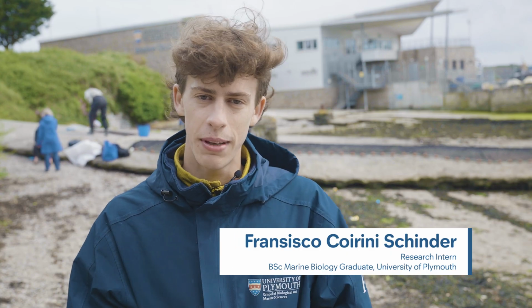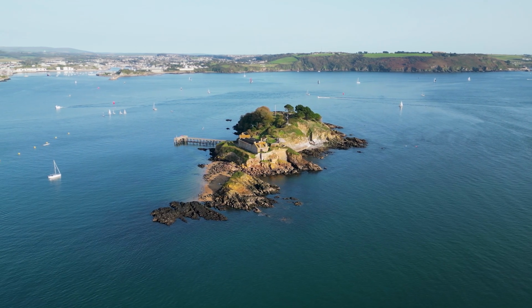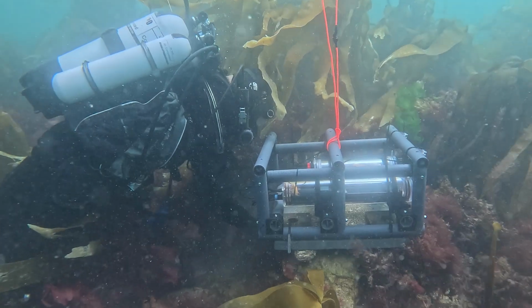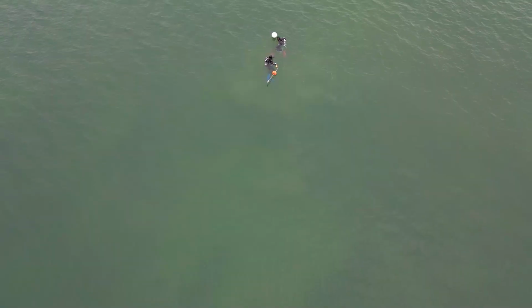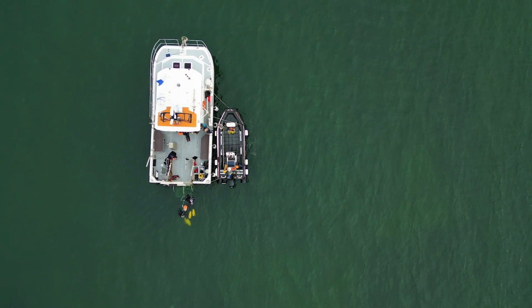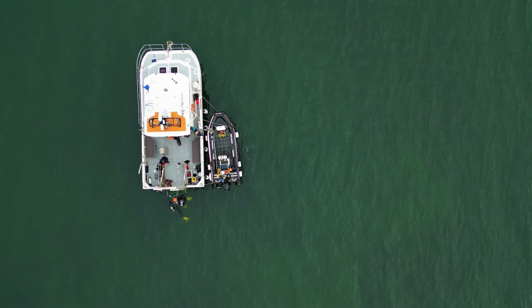My role in this project is basically helping in fieldwork. We were off Drake's Island here in Plymouth deploying the JAM-CAM, the Juvenile Habitat Monitoring Camera. And while that was being conducted, I was out doing underwater visual surveys with scuba. And the aim of this research is to compare what sort of data you get from the camera method and